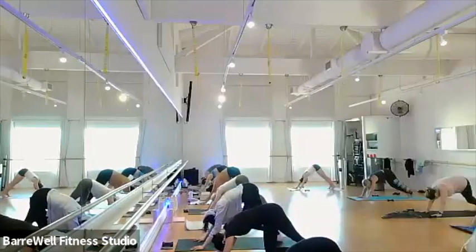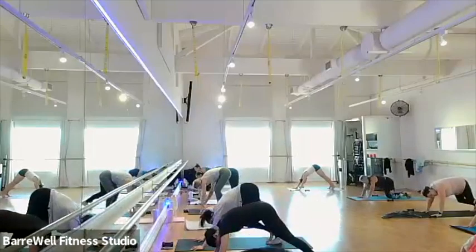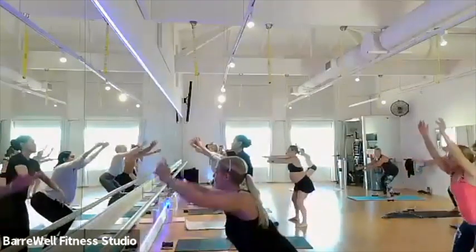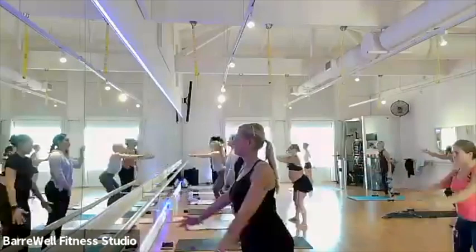Inhale, look to the top of your mat. Exhale, step, hop, float. You're in your wide chair. Feet about hips distance apart. Arms up for 2. Sink your hips low. Then you draw up to rise, down to up to, your hips are low, you squat, you come up to